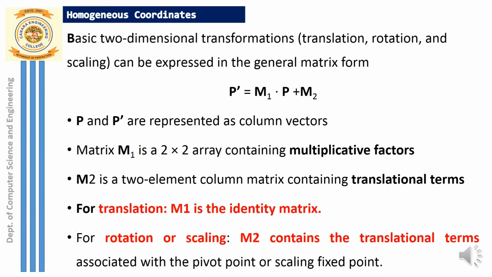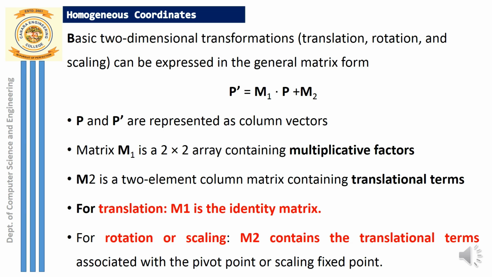Let us discuss the homogeneous coordinate system. Homogeneous coordinate system is the one where we try to retain the same coordinate system for all types of transformations, maybe it is translation, rotation or scaling. So what are we trying to maintain uniformity of here? It is the matrix order that we try to maintain uniform.